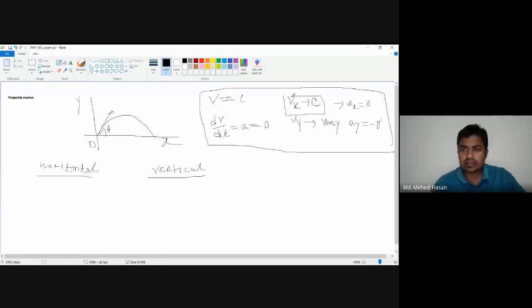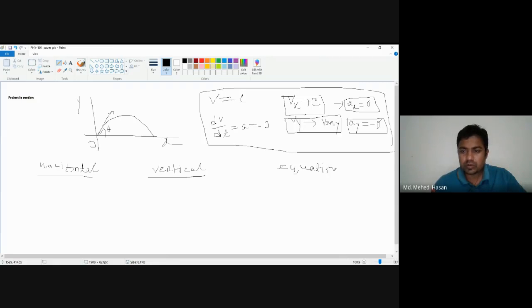Velocity along the horizontal plane remains constant, and along the vertical plane will change with respect to time depending on the acceleration due to gravity. Acceleration along the x-axis is 0, but acceleration along the y-axis is constant, which is minus g. Okay, if we compare the equation of motion with